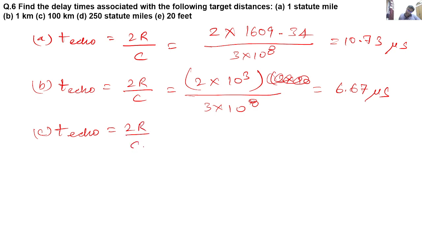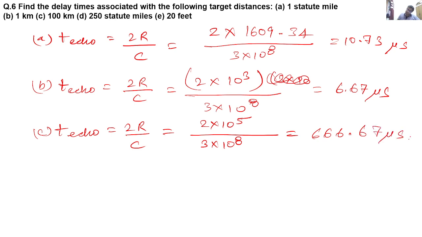t equal to 2r by c, which is 2 into 10 power 5. Okay, 10 power 3 times 100, so 10 power 5 by 3 into 10 power 8. The answer comes out to be 666.67 microseconds. Then the fourth question, t equal to 2r by c, for 250 miles times